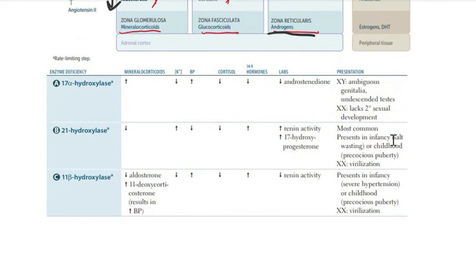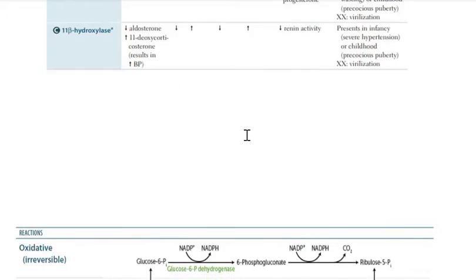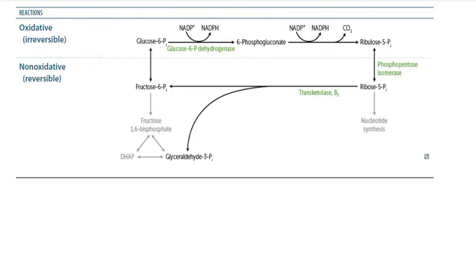So now that we understand the congenital adrenal hyperplasias, defunct enzyme synthesis, let's move on to another pathway, which is called the HMP shunt. Remember that glucose 6-phosphate is produced from glycolysis and can further go down through glycolysis to ultimately produce pyruvate. However, glucose 6-phosphate can also undergo what is called the HMP shunt, in which glucose 6-phosphate is converted into ribose 5-phosphate,